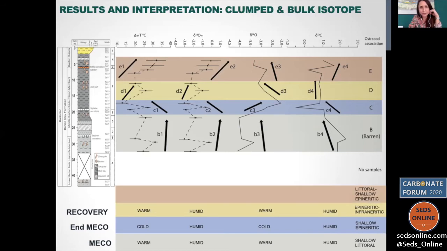So in the last interval, we had a great increase in temperature. However, in this case, the delta 18O of the water indicates a more marine signal, and you have a more positive delta C13. So in this case, we interpreted this interval as warm but arid, because we don't have more input from the continent.